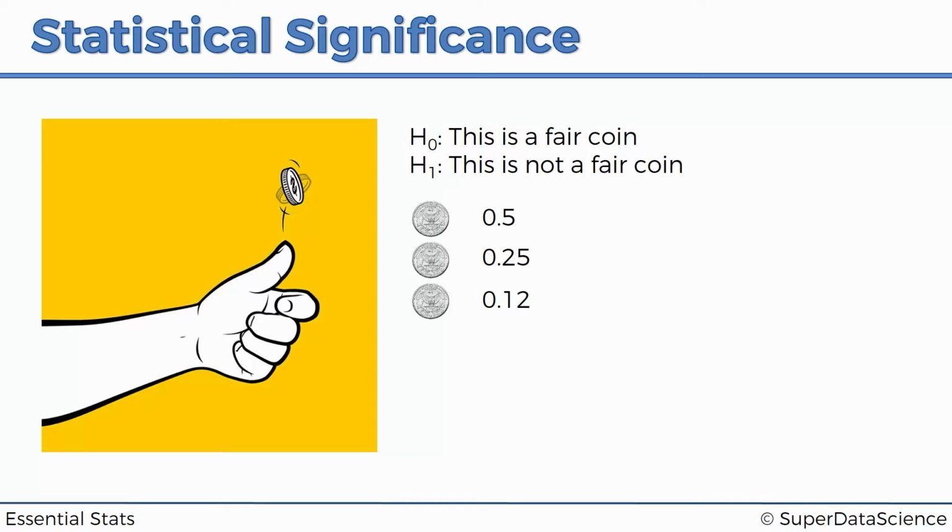But then the coin is tossed again, and guess what? It's tails again. All right, so are you getting a bit suspicious now? Do you feel that if this were a fair coin, this would be quite hard to happen? Well, in the universe that we assume we live in, the H0 universe, where the null hypothesis is assumed to